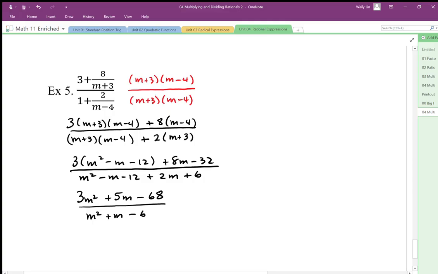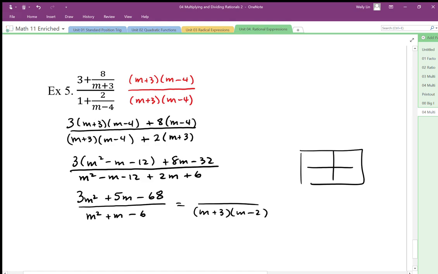Okay. Now we should check to see if this is factorable. The denominator is factorable. The numerator I suspect is not, but we should just double check. So I'm just going to factor the denominator because it is easily factorable. The numerator is not easily factorable, but it probably doesn't factor. So we multiply those together, I'm going to end up with negative 204 and that looks like